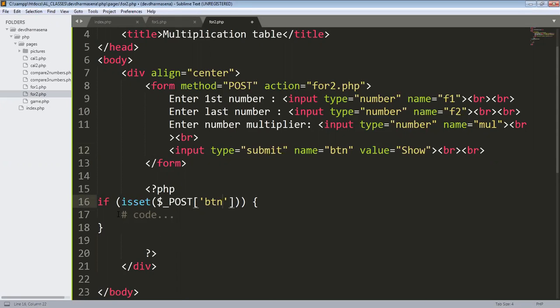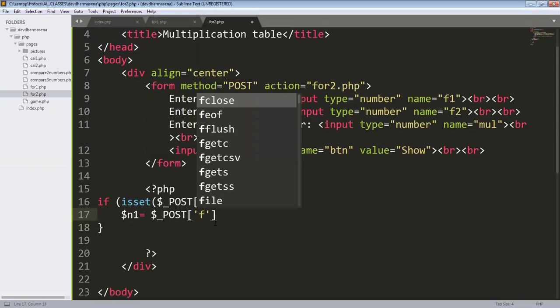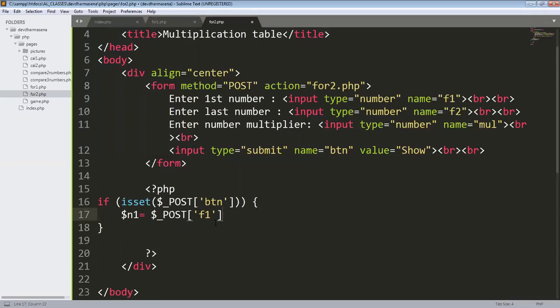So then after that, I want to pick all the values which are coming from the form. I'll use $N1 to represent the first value, which is F1, and at the same time I will use the second number, and I will do the multiplier as well.